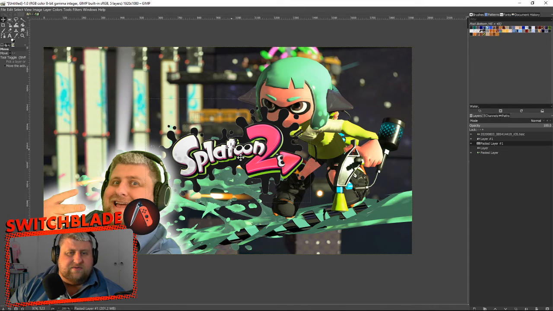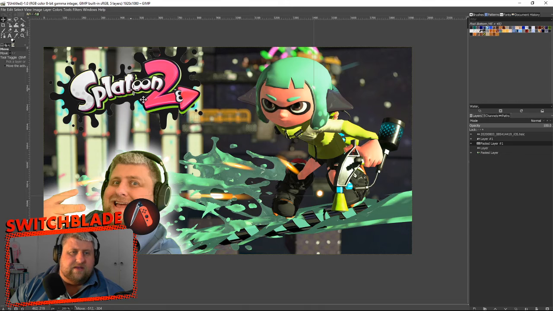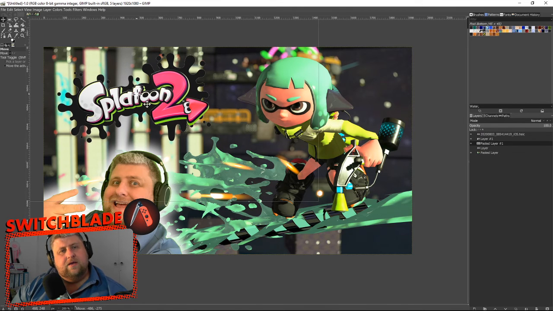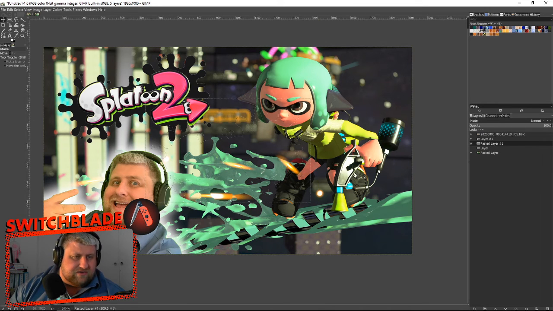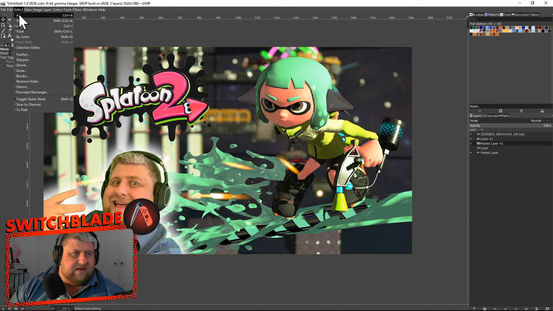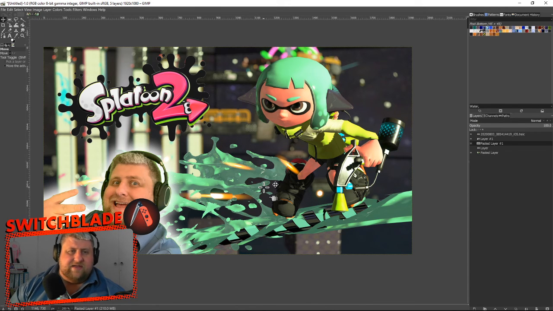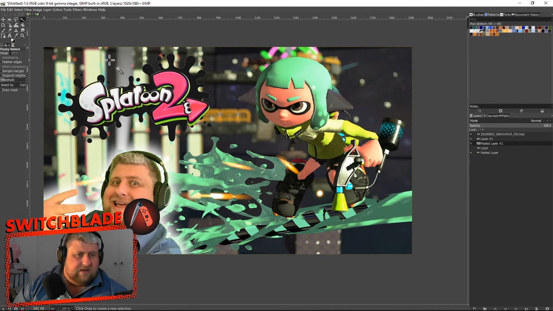So what I can do now is move the logo around where I want it. Then I can right click on the layer and say layer to image size. Remember that just recenters the image again. And just say select none. Get rid of that selection, and there we go, we have our logo. Now I'm going to do the same thing that I did for the face, but with the logo. I'm going to fuzzy select, select outside, and then select invert,